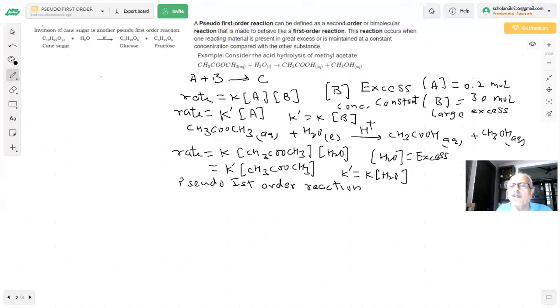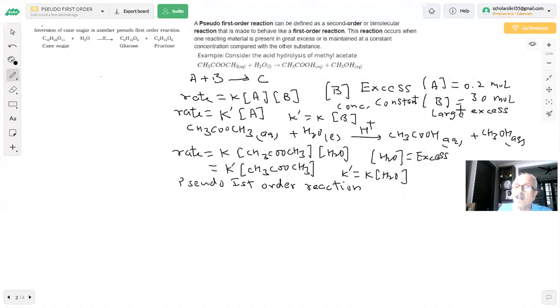How will we know about it? We will give you a question on that, then you will see. If we give a question on that, we see what is happening: an experiment is done. After the experiment, we note down the initial concentration and the concentration after some time, supposing after 30 seconds, 60 seconds, 2 minutes or 5 minutes. And then we apply the equation of the first order law.